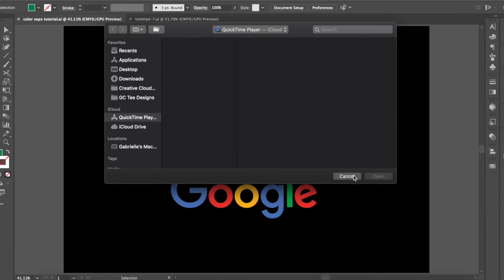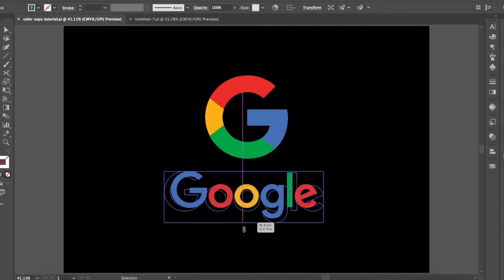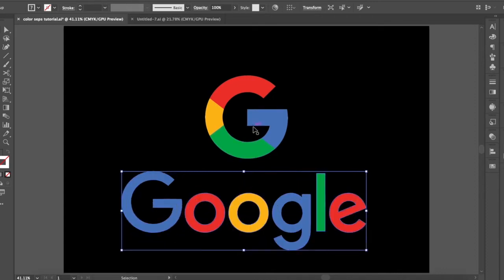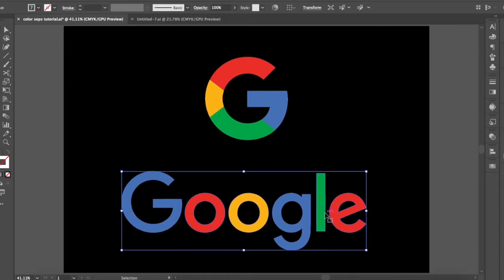Today I'm going to give you a tutorial of how to color separate in Adobe Illustrator. I will show you this process using the Google logo. The reason that I've chosen the Google logo today is because the colors are very distinct and the logo itself is very simple. This way I could take you step by step of how to do a color separation for